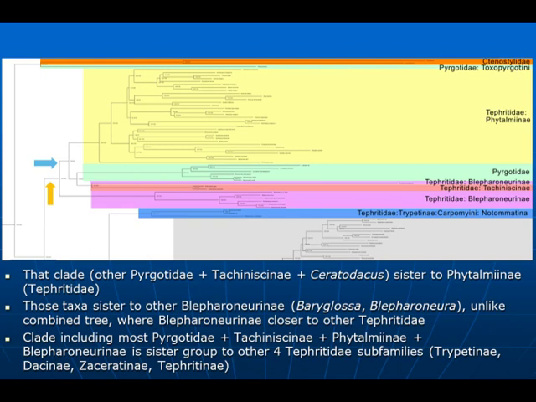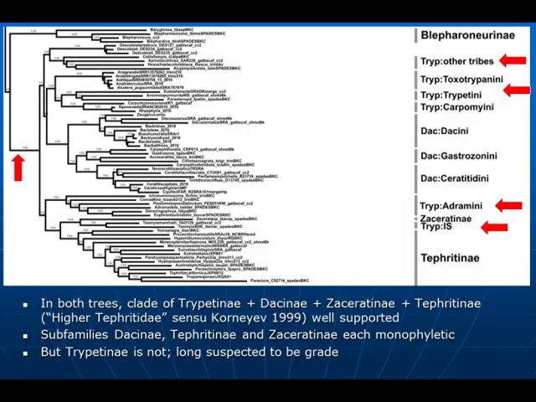And then that clade is then sister to the Phytalmyeinae, and those taxa in turn are sister to the remaining Blepharonorinae, unlike in the combined tree. So the clade including most Pyrgodidae, the Tachynicinae, the Phytalmyeinae, and the Blepharonorinae, are then sister to the other 4 Tephritidae subfamilies. In both trees, the clade of